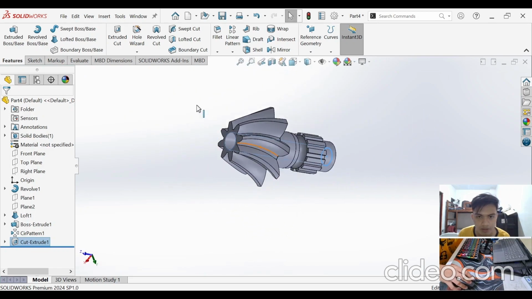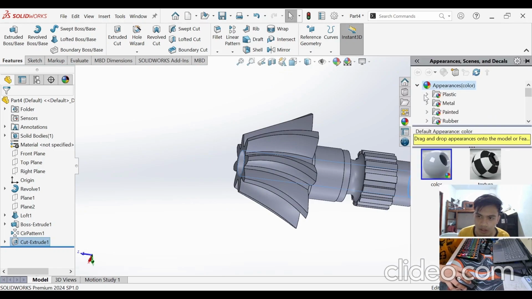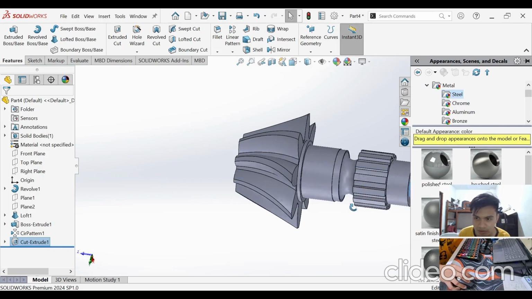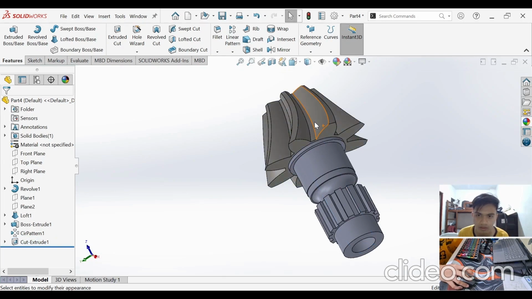So for finishing touches, we should change the appearance. This appearance can be based on your preference, but in my case, you can select the polished steel.